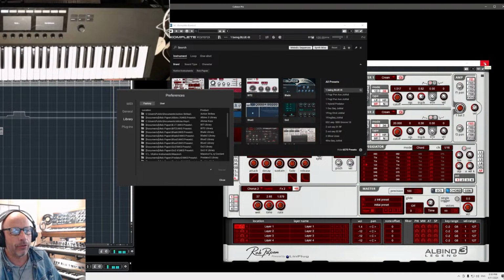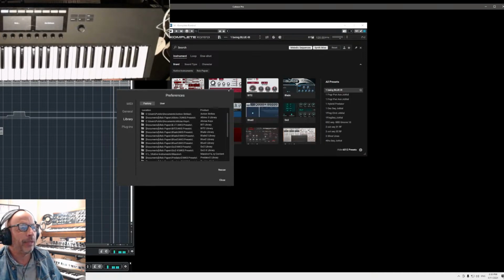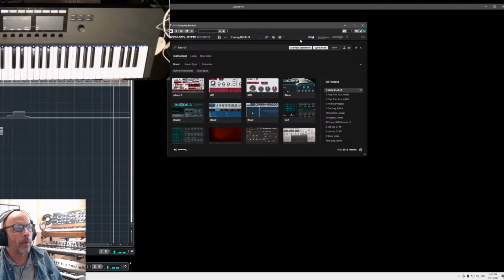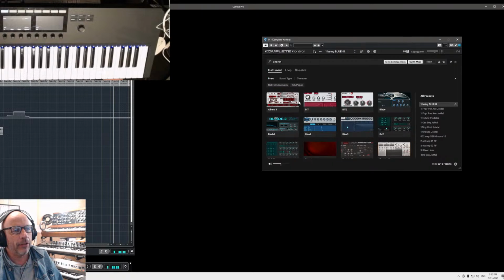I don't do this the whole day because then you get a little bit of brain damage. So hopefully next week we can send it to Native Instruments for a checkup. But here you can see it already appearing, Albino-3. Then you see the